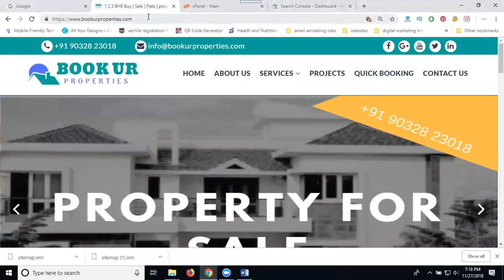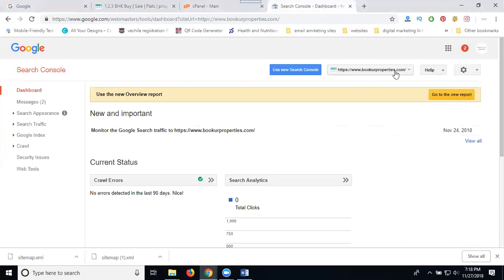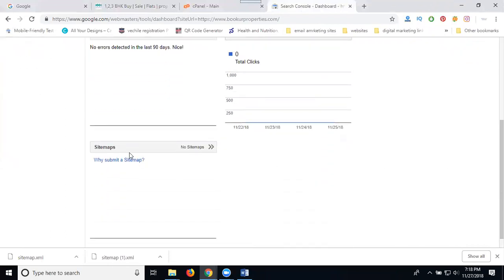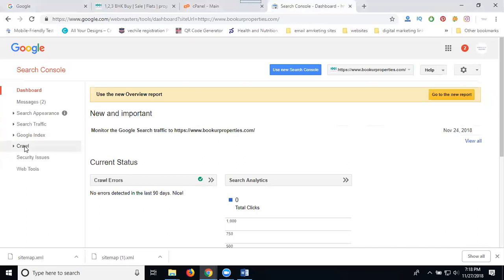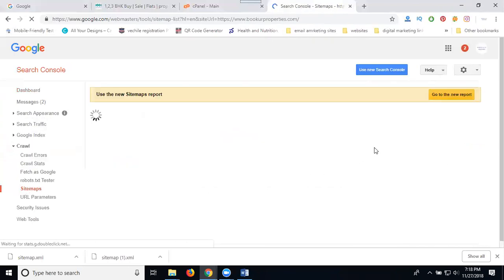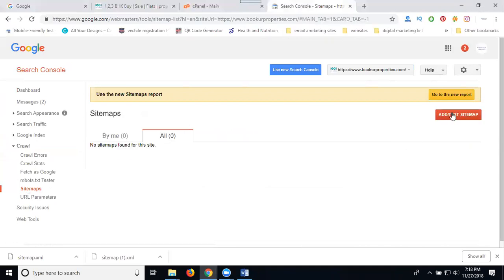You can select your particular website. So the website will be selected. After that, the option in your dashboard is Sitemap, that is the first attempt, step 1. Or else, step 2, go to Crawl, and the option is Sitemaps. Here you can click on the text box and submit the sitemap.